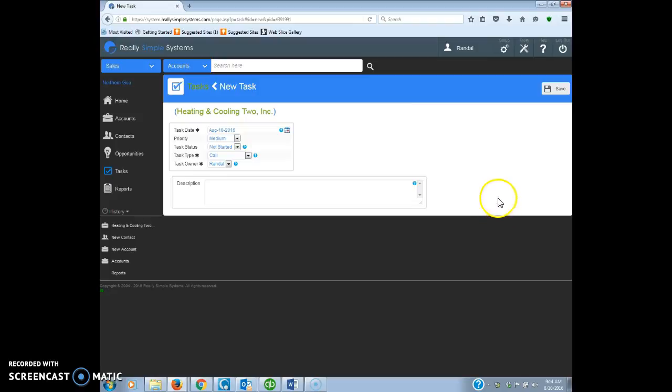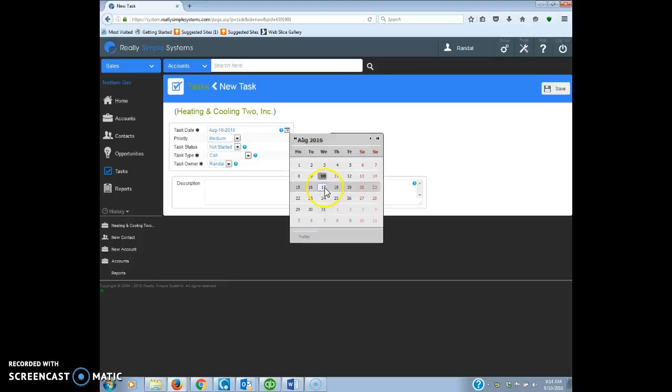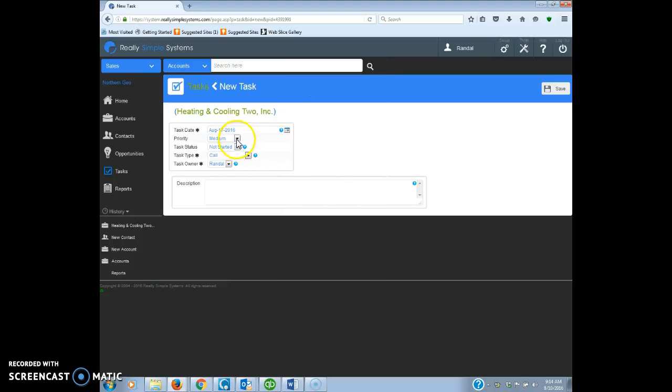So say we called them today and they were interested in what we had to say as far as getting information, told us to call back in a week. Then we hit the calendar function. We'll call them back in a week. You can prioritize it how you want, if they seemed kind of lukewarm on it, or they were very interested in the information and want to get going right away. And then we want to put in here,